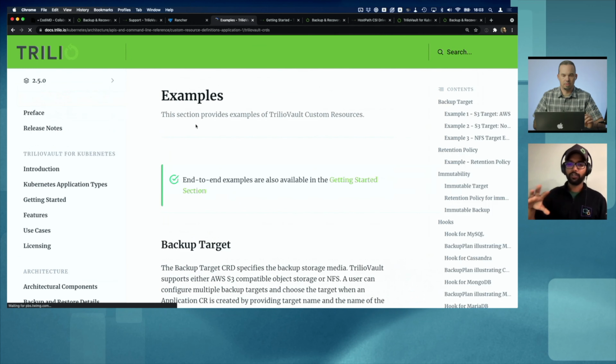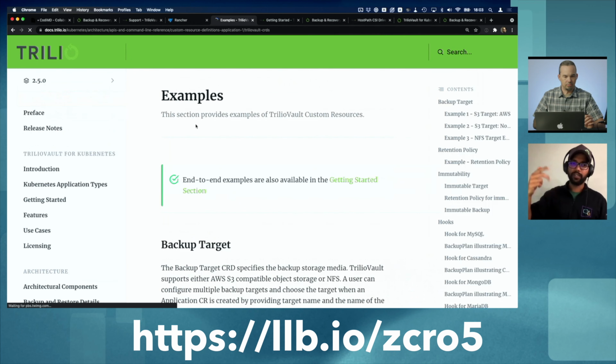So what we did today was the first step in protecting data in a Kubernetes cluster. I mean, clearly this is powerful, but we've barely scratched the surface of what TVK can do. Where can people go to take the next step? So I would suggest that folks should definitely check out the examples section in our documentation guide, because that section has a ton of different scenarios that it covers in terms of doing NFS targets, S3 targets,